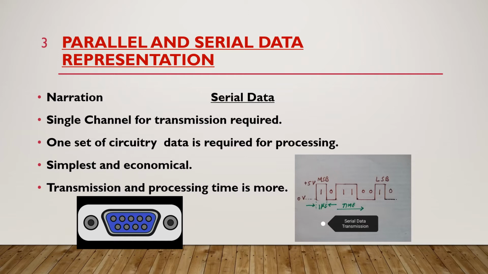least significant bit. The lowest level is 0 volt and the highest level is positive 5 volt, and the duration of a particular bit is 1 microsecond as shown in the diagram. The only thing which you have to remember is that whenever the data is being transmitted, the MSB is transmitted first, and it goes, you can say, from right to left. But when you see it on the oscilloscope, it will go from left to right, you must have seen.